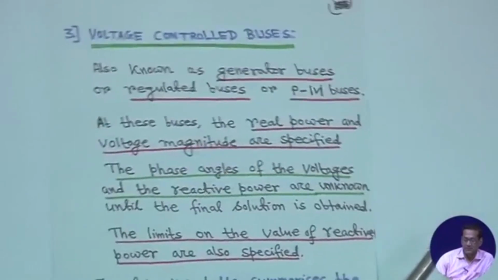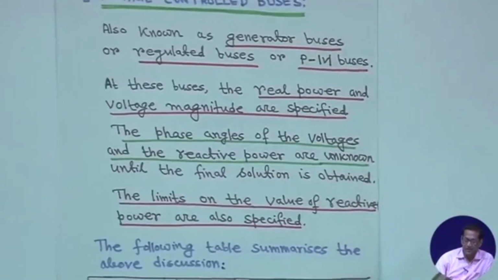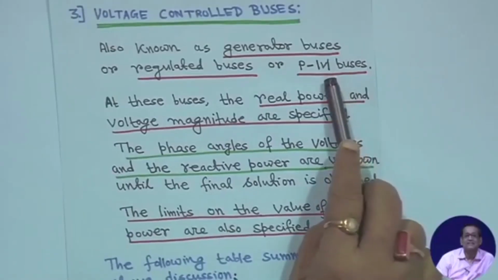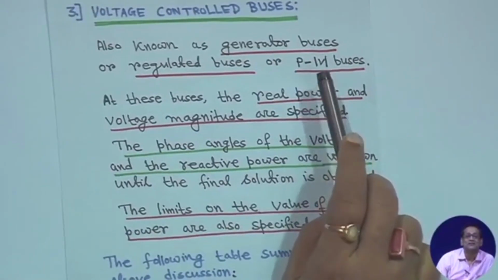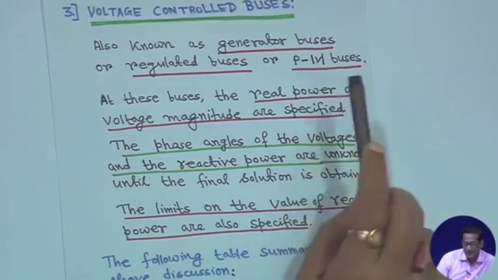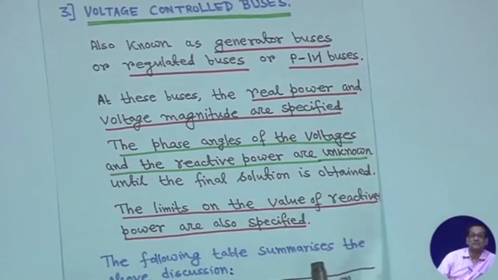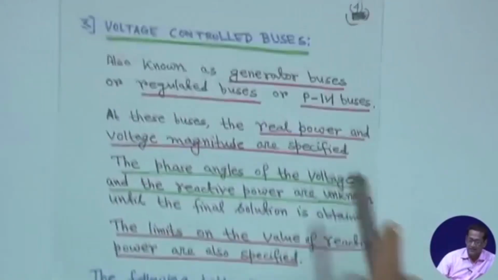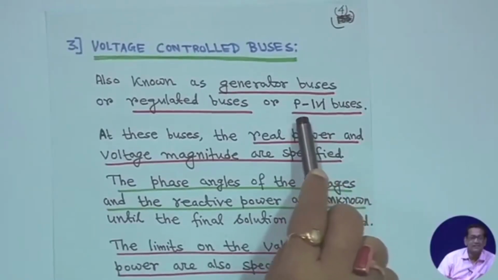These two are unknown. That means, at the PV buses, the voltage magnitude of that bus you want to maintain. As P is known, voltage angle is not known, but Q is unknown. That means, at that bus you have to inject reactive power such that you can maintain the voltage magnitude V for that bus. So, this is sometimes called PV bus, or generator buses or regulator buses, and in that case, as Q is unknown,